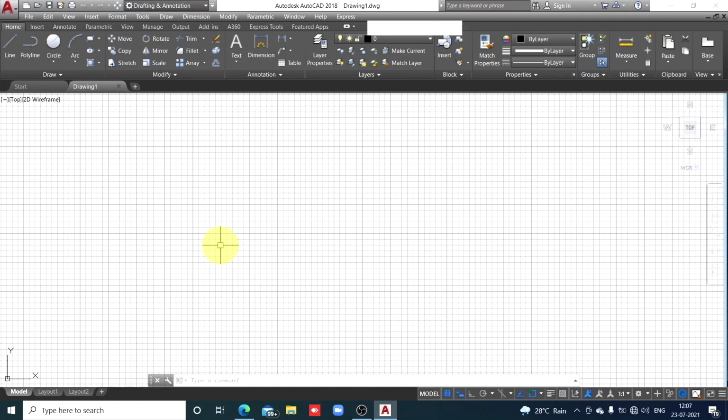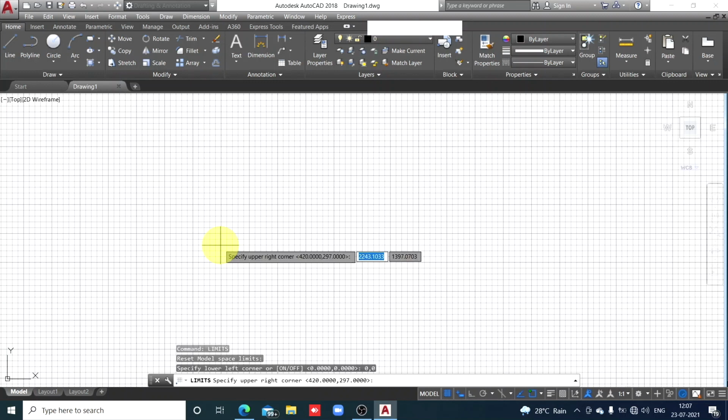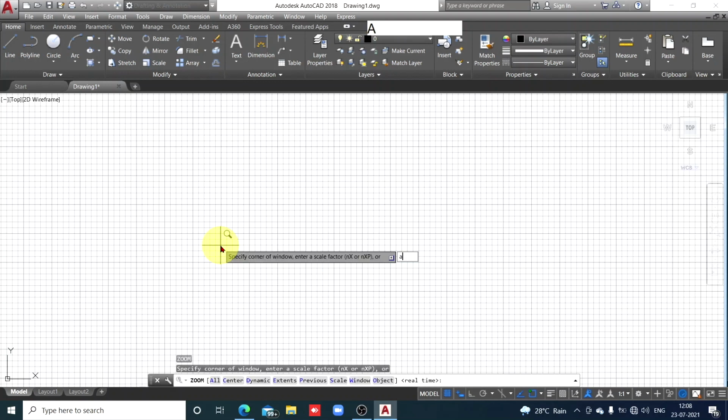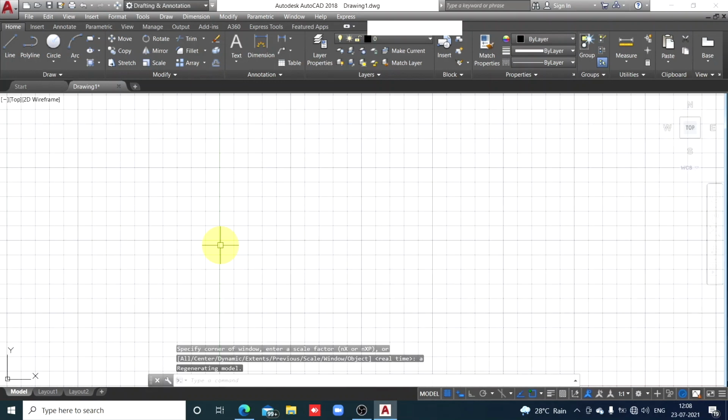So let's set limits: 0, 0, enter. And then 200, 200, enter. Now immediately 200 by 200 space is available. Don't think about that. What we'll have to do is zoom all. So now Z, enter, A, enter. So required space is there.